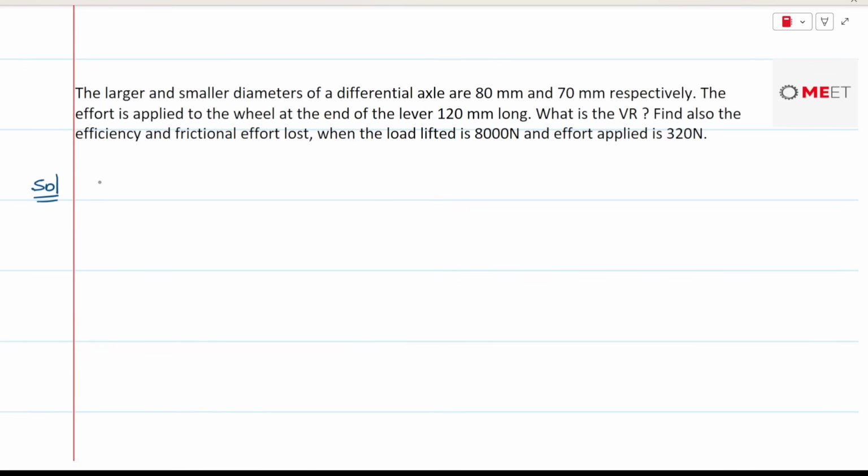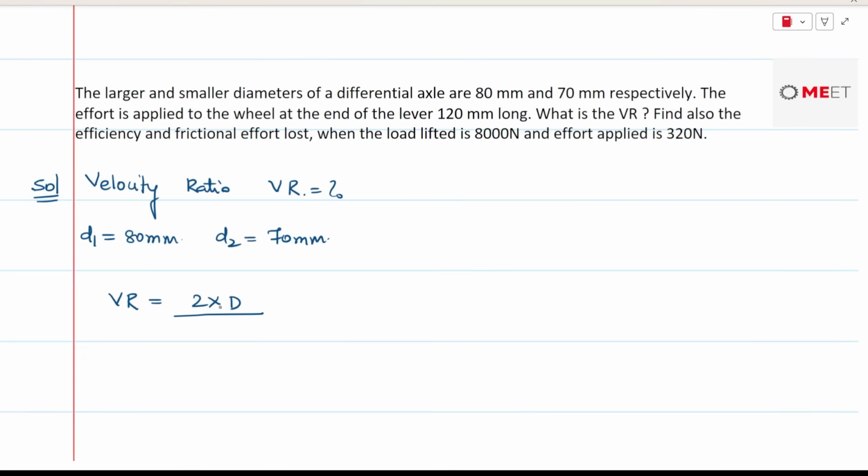So first, let's compute the velocity ratio, given by VR. The diameters of the differential axle: let's say D1, the bigger diameter, is 80 mm and the smaller diameter D2 is 70 mm. VR in this case is equal to 2 times the diameter of the input, where the effort has been applied, divided by the distance moved on the output side, which is